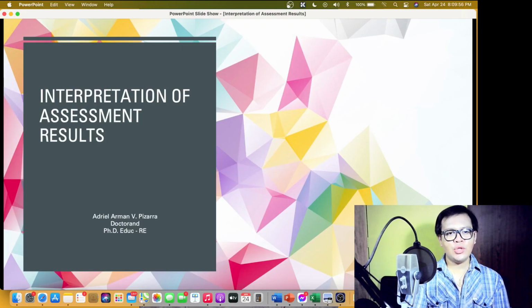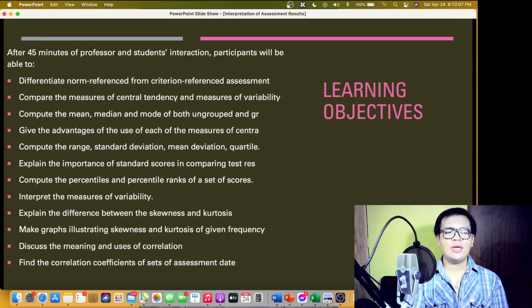I am interested to report about the interpretation of assessment result, which is the last topic of our subject. And this comprises weeks 16, 17, and 18. So after 45 minutes of professor and student interaction, the participants will be able to differentiate norm-referenced from criterion-referenced